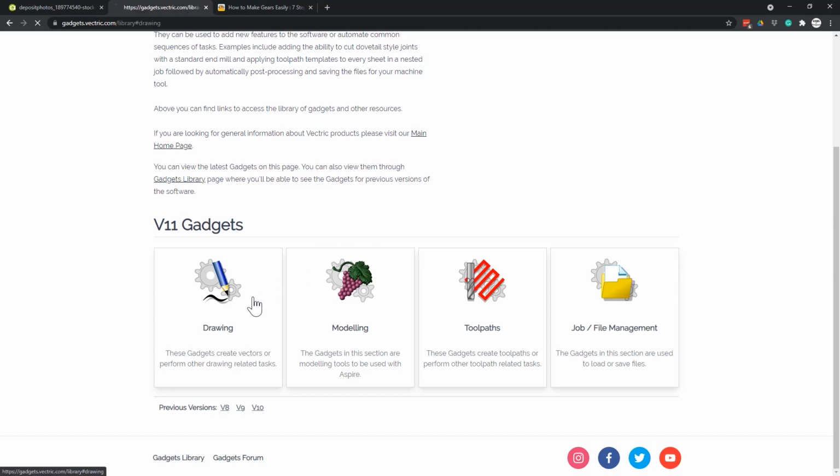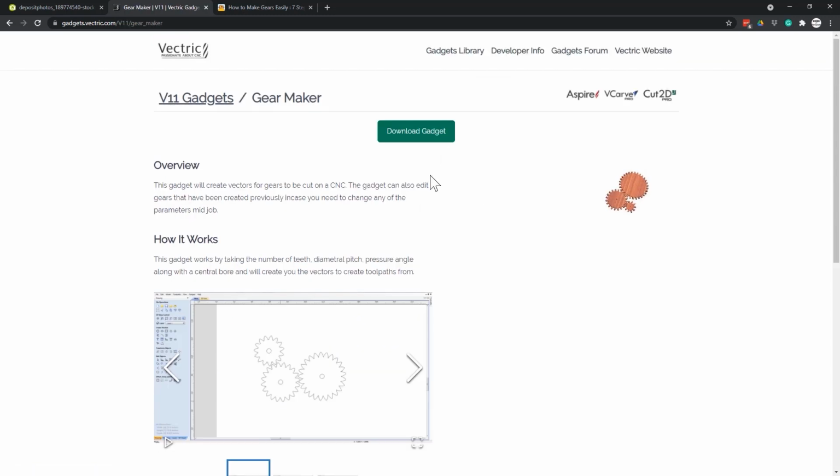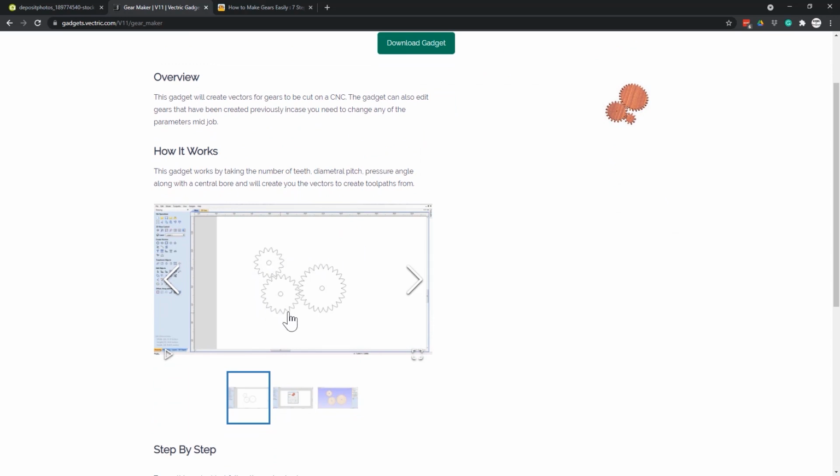If we go into our drawing gadgets, you'll see that we have 2 gadgets that are going to come in handy for this project, or at least I thought they would. The Gear Maker and the Spiral Creator. We'll get to that a bit later. Let's have a look at the Gear Maker. When we look at this, you'll see that I can create some really nice gears with the teeth on the outside. Well, that's great, but one thing this Gear Maker doesn't do is create that larger gear with the teeth